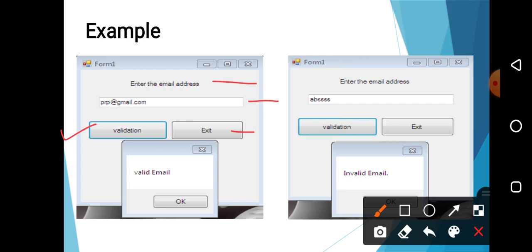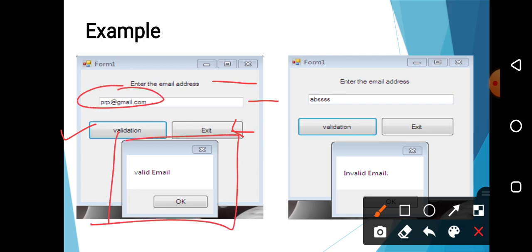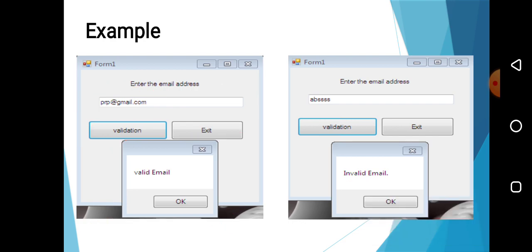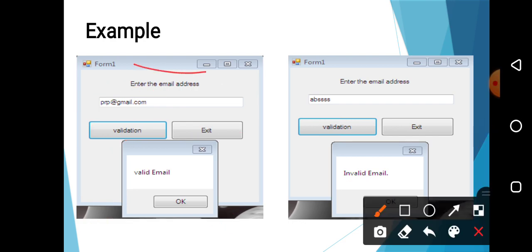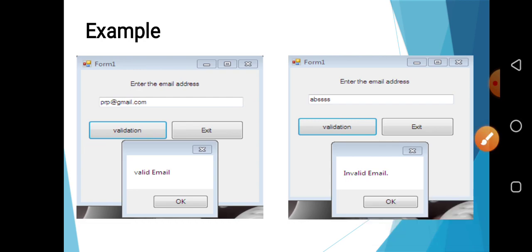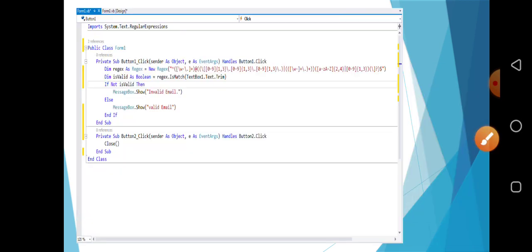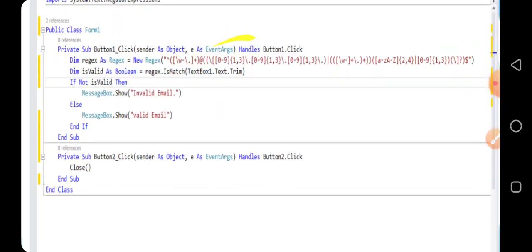If you click on exit, it will close the form, and if you click on validation after filling this detail, it will give you the proper output. So by using label, text box and button controls, we have designed the form. Now the second step is to write the code.